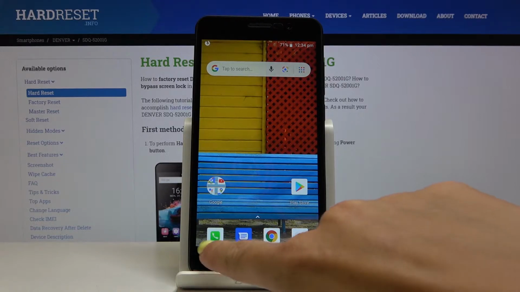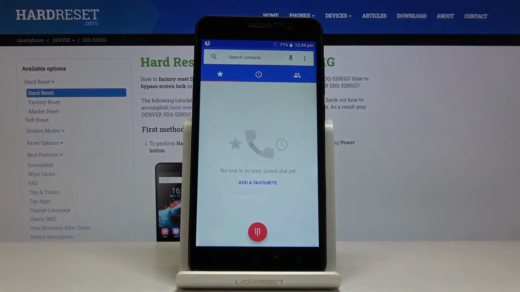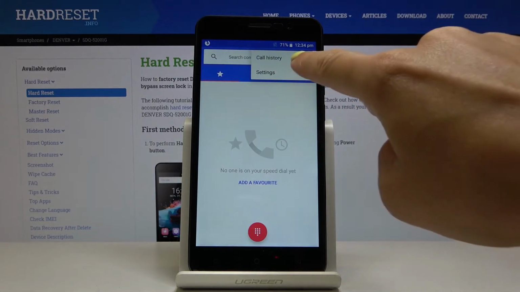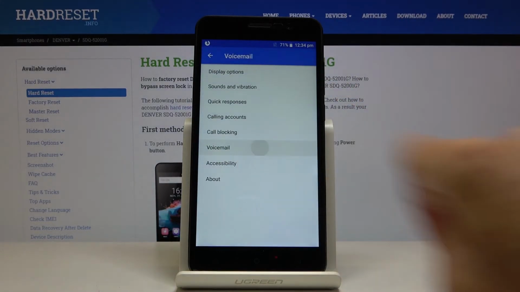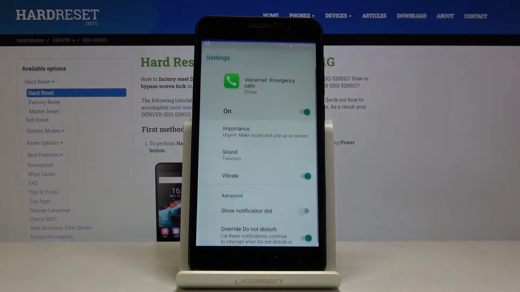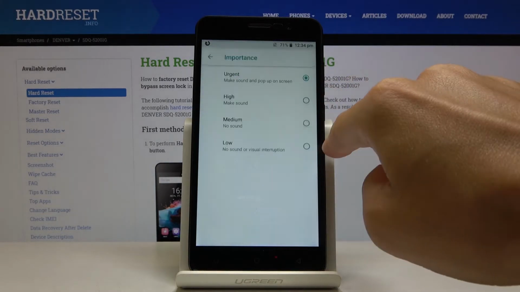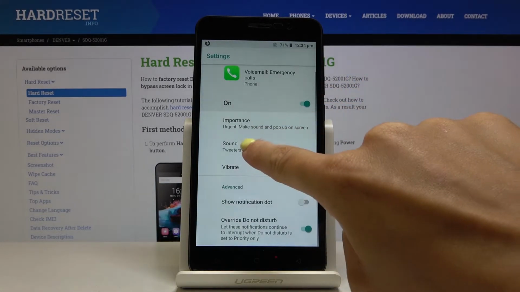So at first just open the phone dialer, then find and pick more icon, go to the settings, pick voicemail, and now click on notifications. Here you will find sound, so just click on sound,